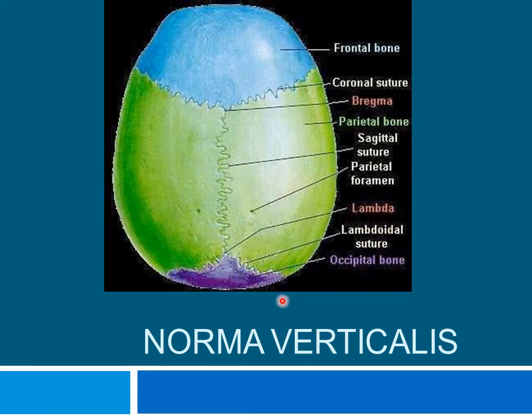Okay, we shall see the bones present in those particular regions, and what we can see in this picture is Norma verticalis, the superior view of the skull. When you view the skull from the top, from the superior aspect, you see these bones present in the Norma verticalis. You can make out the frontal bone, a pair of parietal bones, and part of the occipital bone, and there are some sutures located in the Norma verticalis. We shall discuss these sutures in further slides.